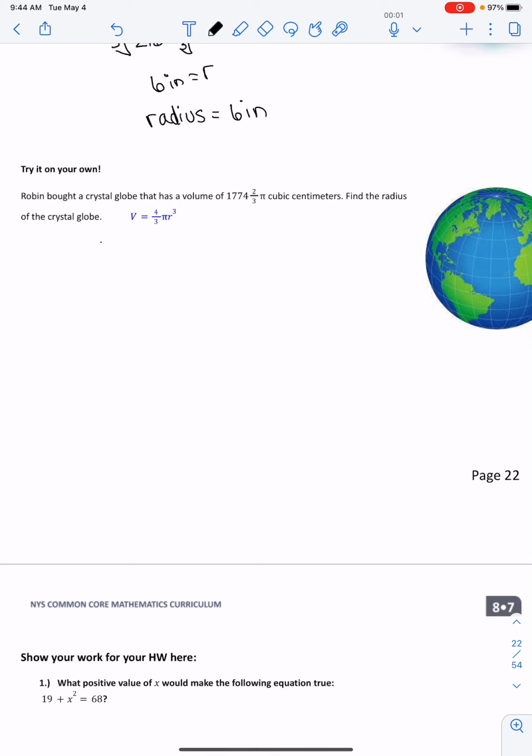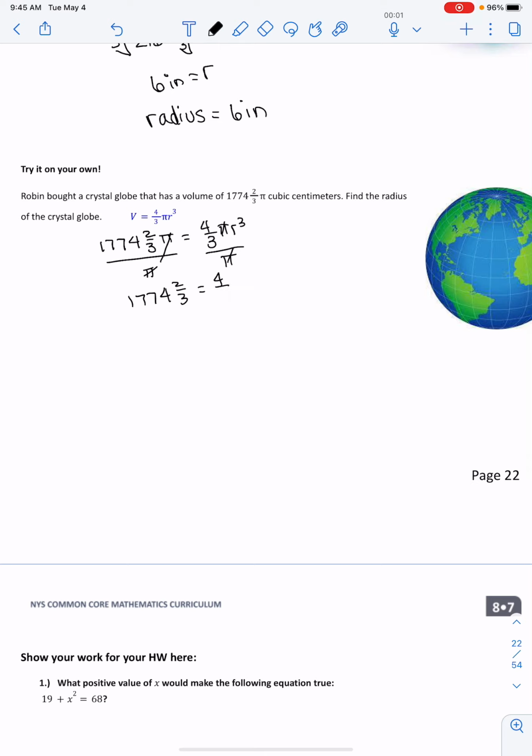So we've got 1,774 2/3 pi, and that equals 4/3 pi r cubed. So we're going to divide both sides by pi. So that's the first thing that we're going to do. So now I have 1,774 2/3